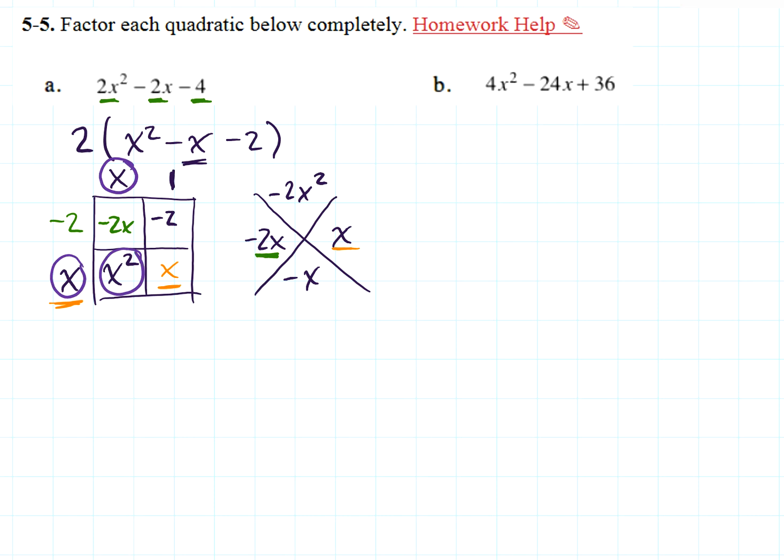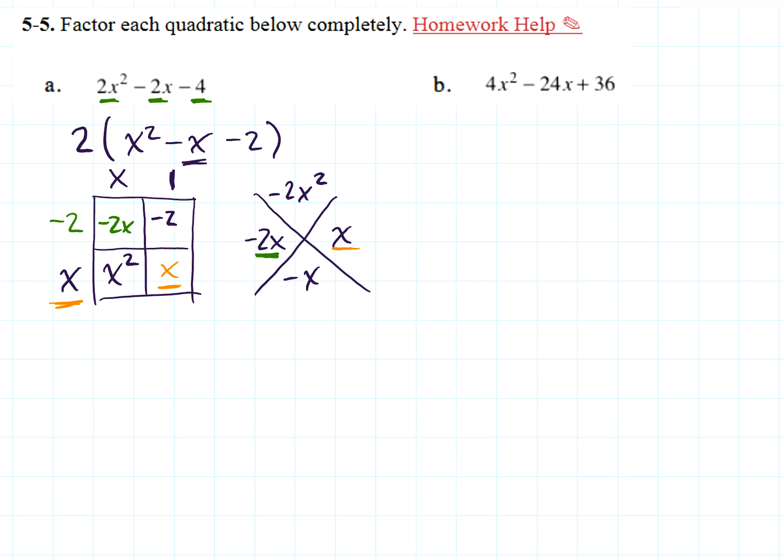So I've checked the bottom two. If I multiply this x times negative 2, I do get negative 2x. And also if I multiply 1 times negative 2, I do get negative 2. So this is exactly a factor model that uses the generic area